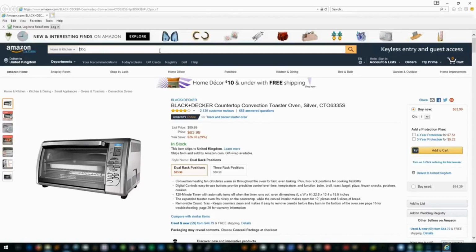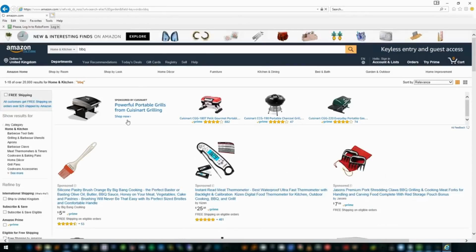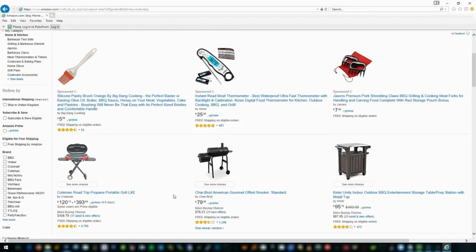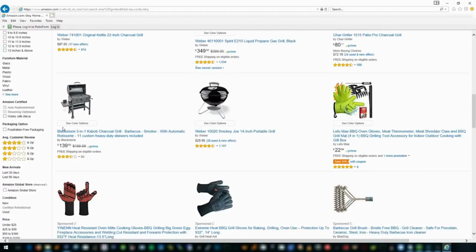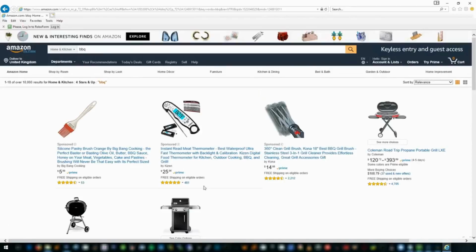barbecue. So we'll just search on Amazon just to show you. Right, okay. So we've got over 20,000 results there. We obviously don't want to go and search through all that. So what we're going to do is we're going to go over here and we're going to click. So let's say I wanted items just with 4 stars and up. I click that,